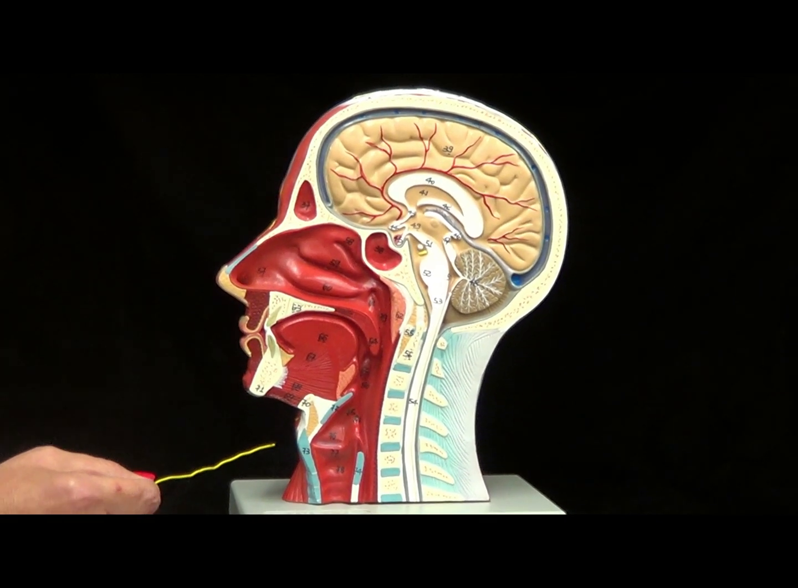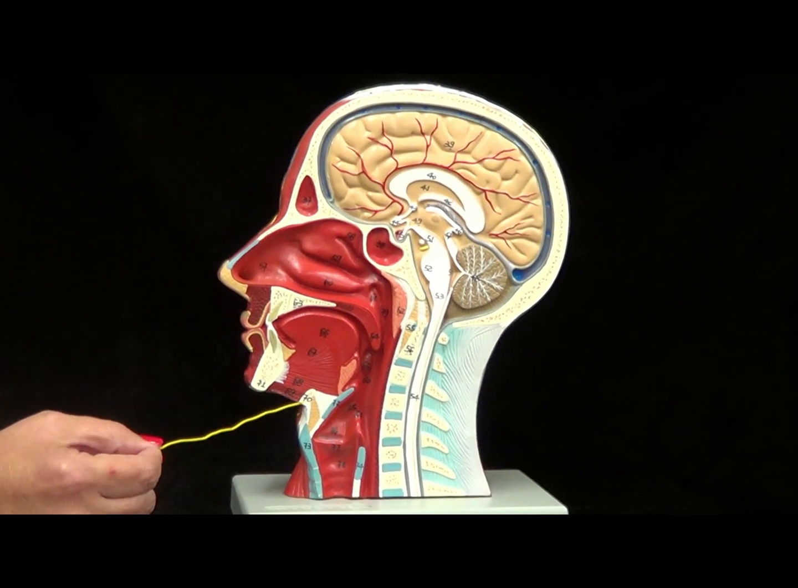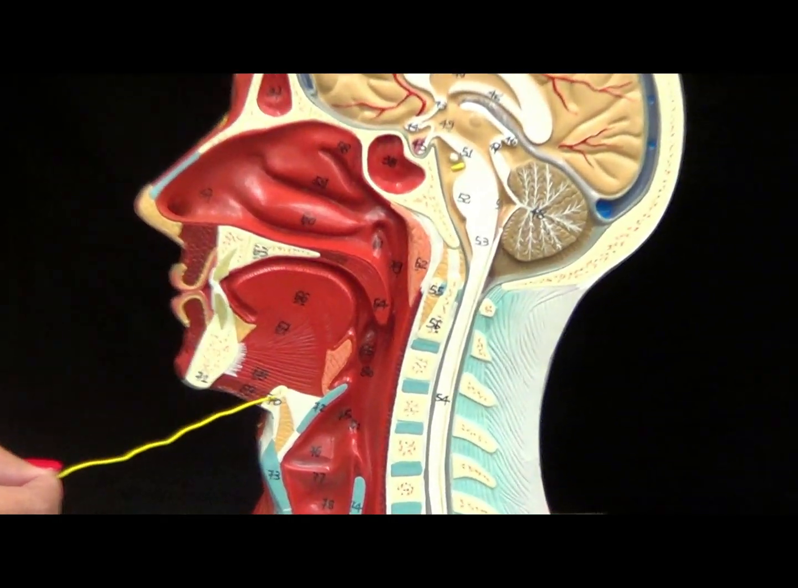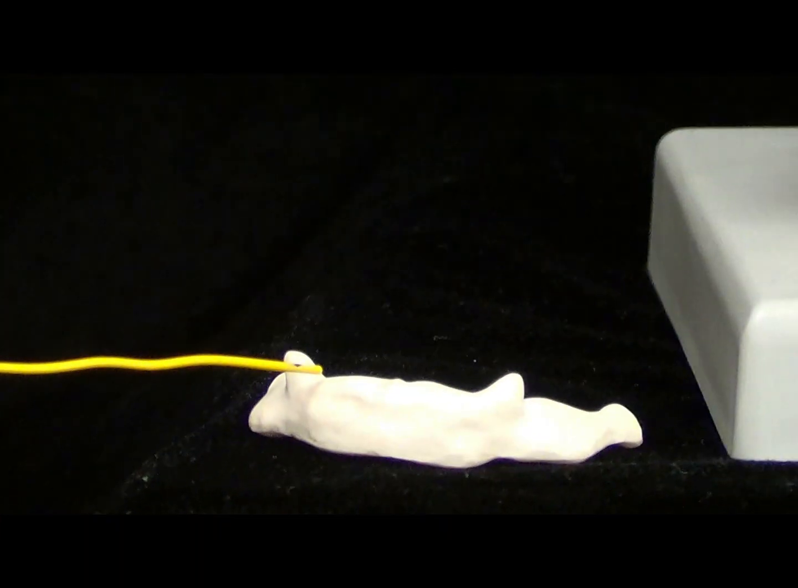On this model, we're going to be talking about the muscles of the neck. A lot of these muscles will insert on the hyoid bone, which is this bone right over here, and you can see the whole bone over here. So then anteriorly,